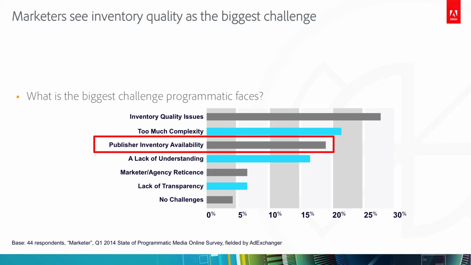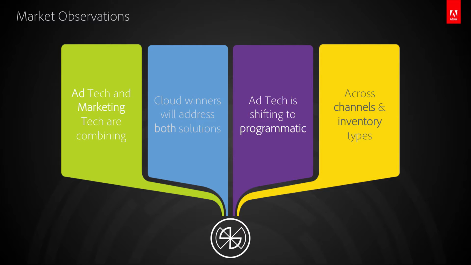So in general, if there are just a few things that we would have you remember from Adobe's observations of the market, it's that the former separation between ad tech and marketing tech is going away, and through solutions like the Adobe Marketing Cloud, they're coming together in one place where you no longer have to have many different contracts and lots of different types of training and many different tools to integrate, but you can truly choose one platform that can help you accomplish all these things. And then as we all shift towards programmatic, not just remnant display inventory, but across channels with automation to help us make better decisions, we can have a more consistent experience across all those channels as well.